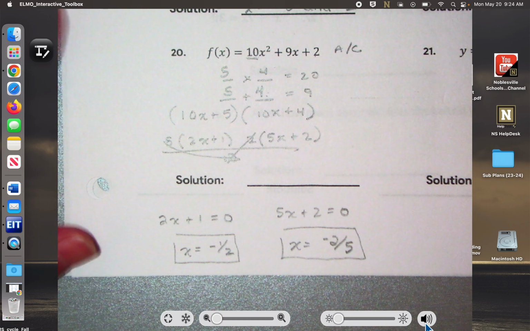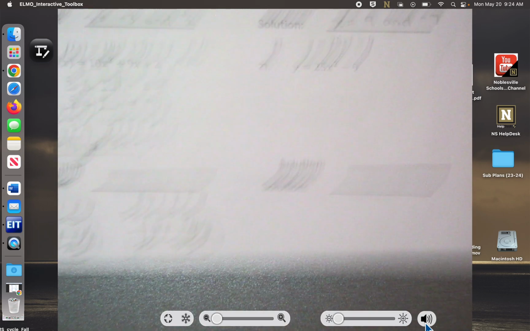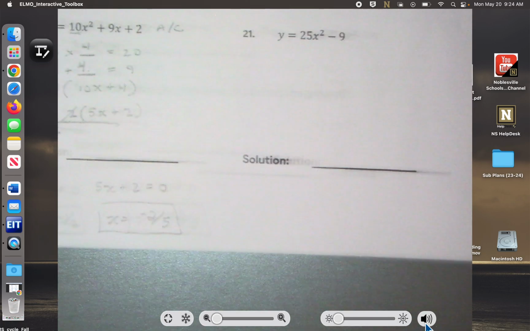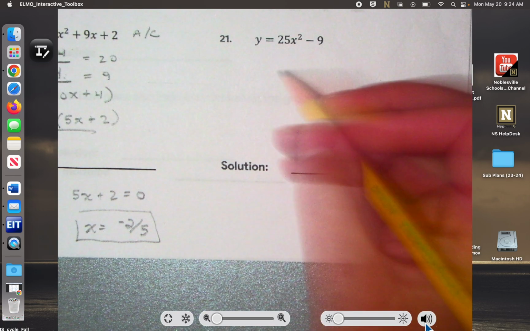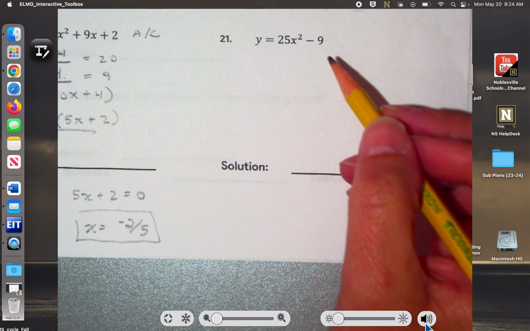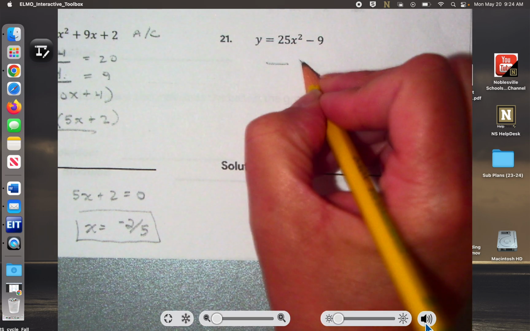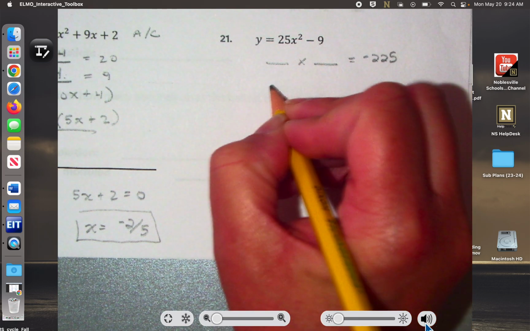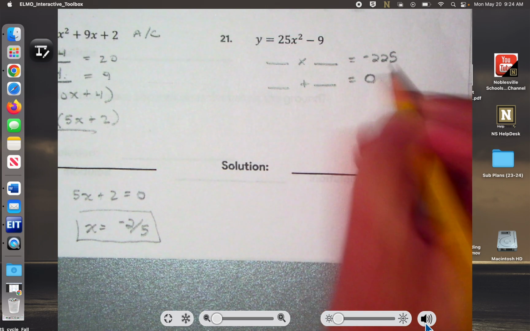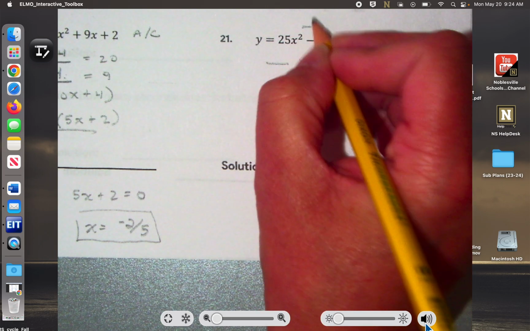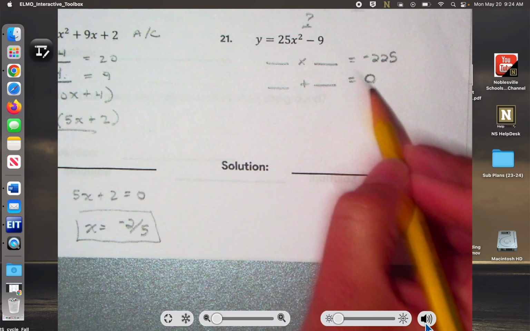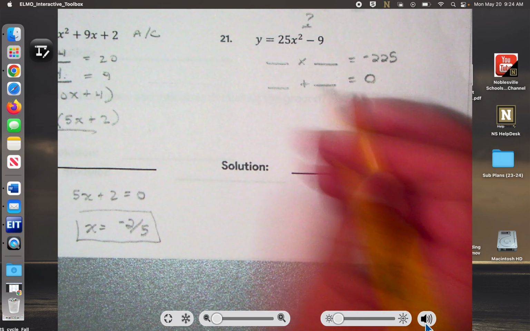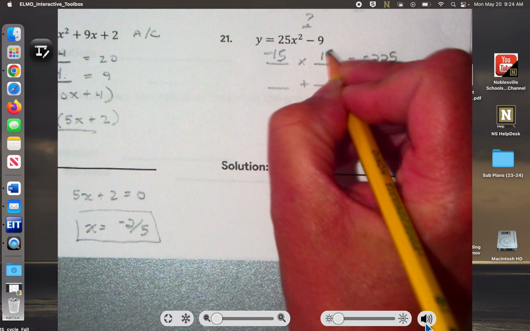This one's a little bit easier, kind of, but if you remember, there's no term with just x. Sorry, let me just get the paper over. So that means that when we actually do the what times what plus what, we try to make it equal to 0. So what times what equals negative 225. What plus what would equal 0, right? Because there's nothing for that b value, right? So that's why we know that they had to add up to equal 0. So this is where we get negative 15 and 15,